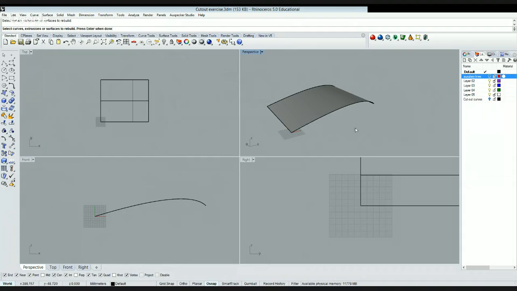I select my surface, enter, and here I have this pop-up window asking me how many degrees and points in the U and the V direction. So for the ones who don't know, every surface in Rhino is specified by 2 parameters, the U and the V directions, parallel to, let's say, the X and Y axis. And for this, I think 6 points in the U and 6 points in the V direction